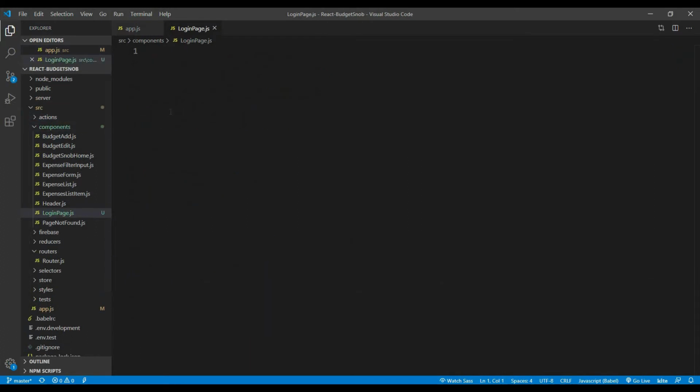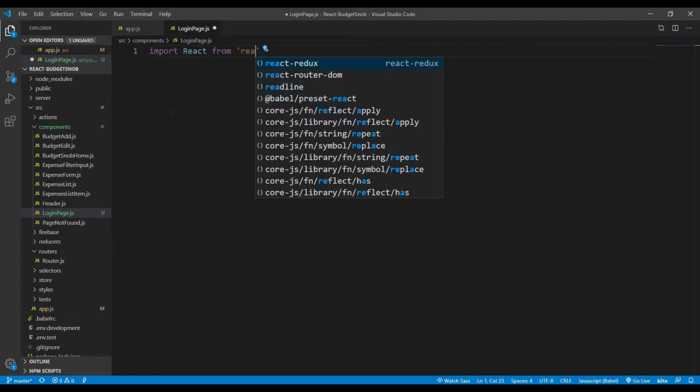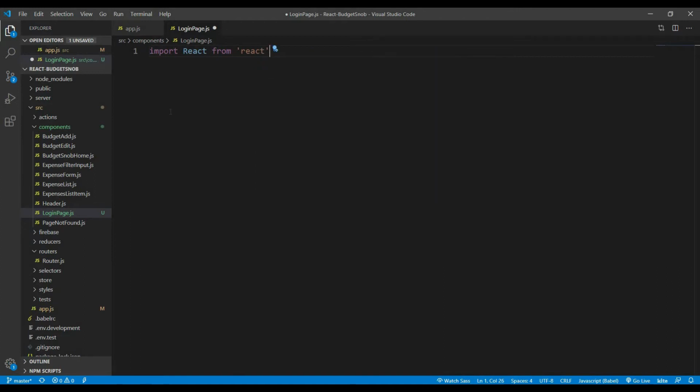All right. And you already know how to create a component. We're going to be creating a stateless component. So import React from React. Where is it at? I don't even see it. There it is. And then export